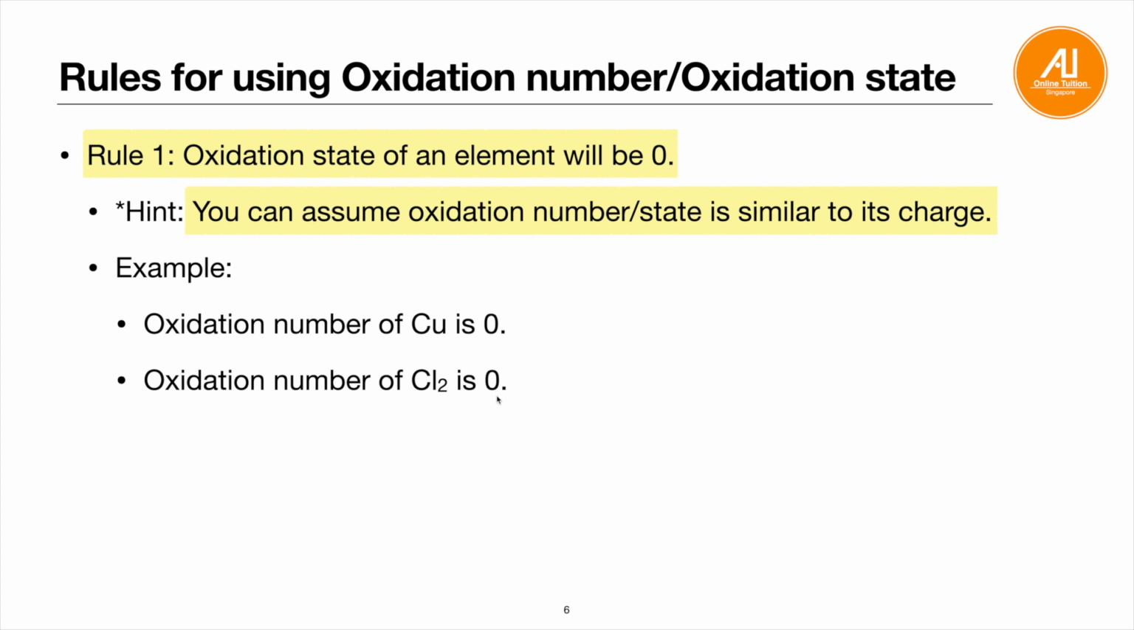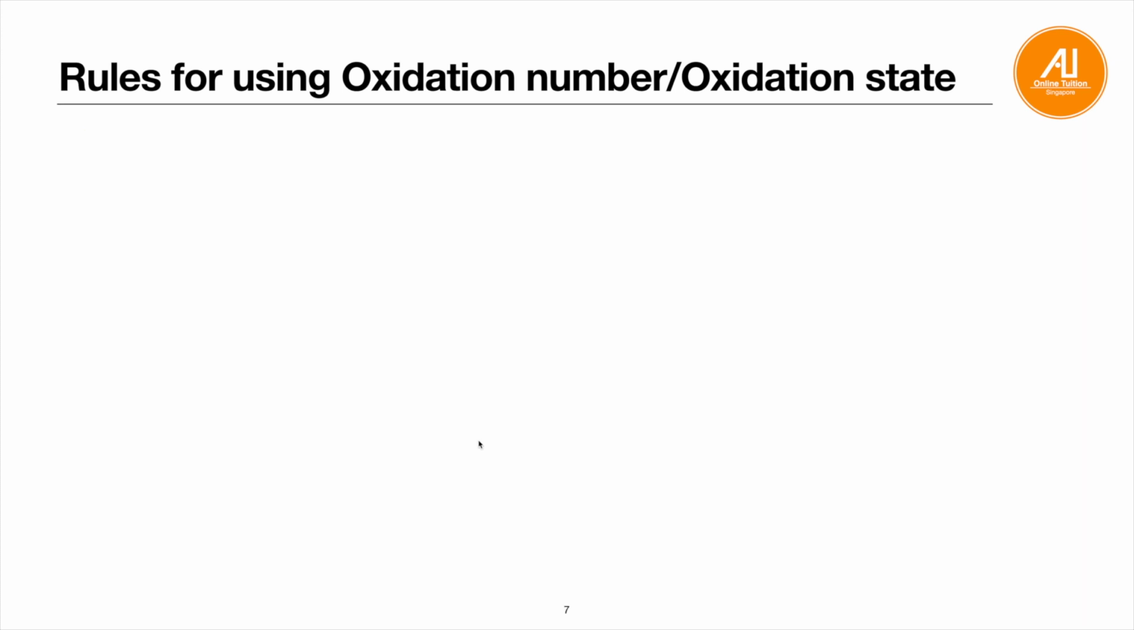So the oxidation state will be 0 as well. Okay. Next one, aluminum metal. There's no charge, so it's just 0. Okay. So the next one,